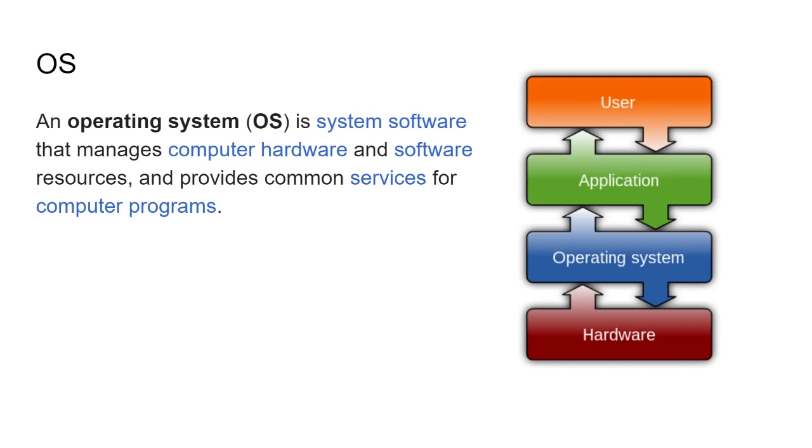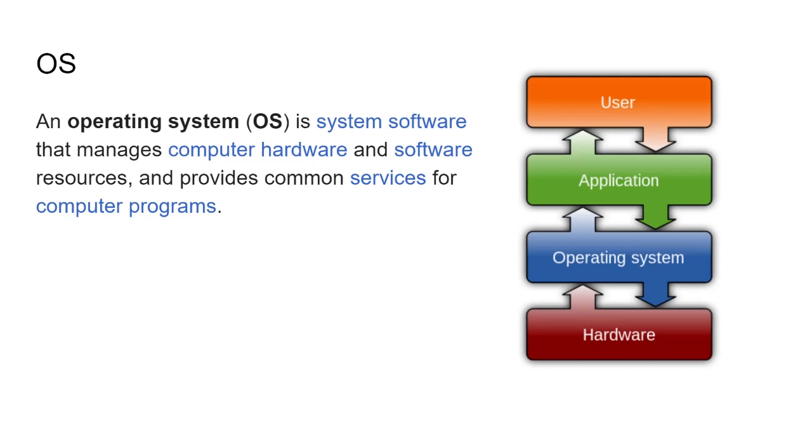Now, let's go. The first word for digital logic is OS, or an operating system. This is the hierarchy. You have the user, yourself, then the user is interacting with an application. Right now, I am recording it on the Google. So the application is Google, and underneath the application, you have the operating system or the OS. And then underneath the operating system, you have the physical hardware, which you're using: the laptop, the webcam, the microphone,